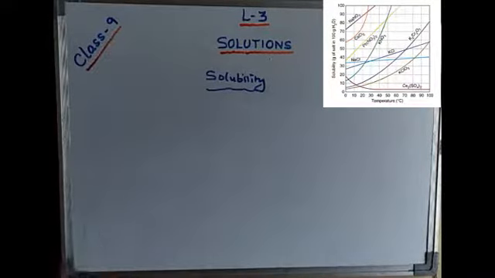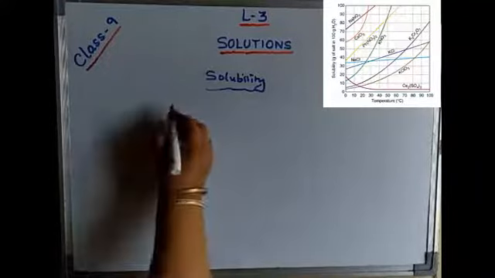Why does sodium sulfate come as an example of anomalous solubility? Anomalous means peculiar solubility they will show. Now let us see why some salts first increase and then decrease in solubility with the rise of temperature. That's why they are typical in nature. First they will increase to a certain degree, and after reaching a certain temperature they will start falling. The solubility starts decreasing.